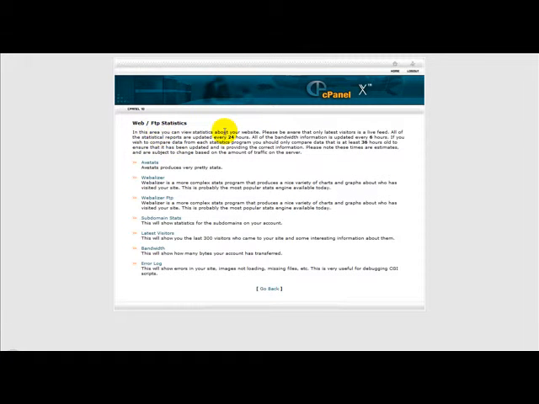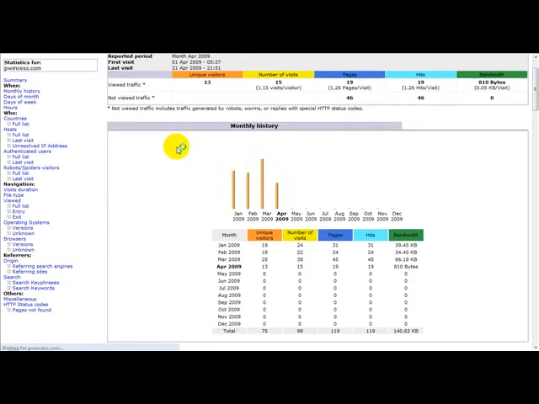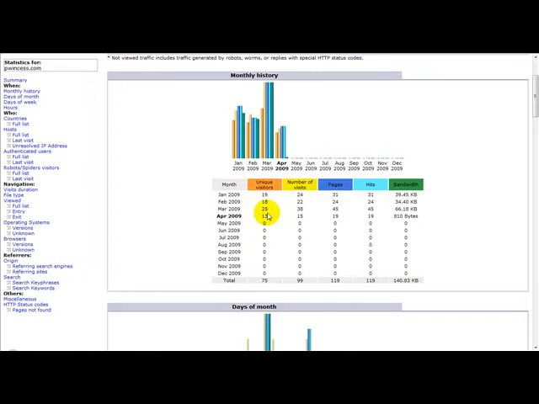It says in this area you can view statistics about your website. Please be aware that only latest visitors is the live feed. All of the statistical reports are updated every 24 hours. So basically this is kind of delayed compared to StatCounter, but it still does the same thing. So what we need to do is click on all stats. Okay, once you've clicked on all stats, here you can see the visitors on your website